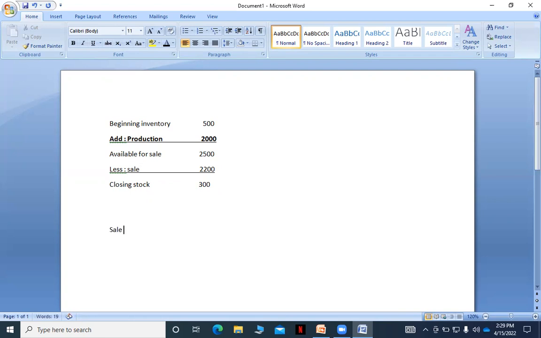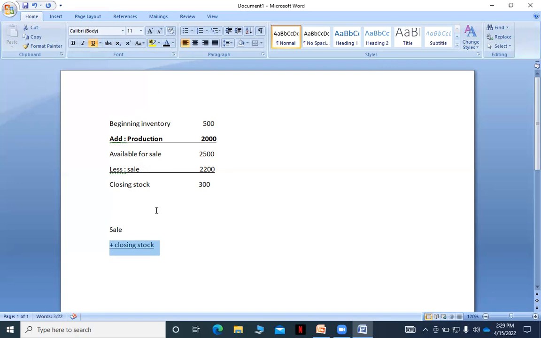Sale, this is our sale amount. Okay, sale plus closing stock, then we'll get the available unit for sale. Okay, available unit for sale, এই দুইটা থেকে আমরা পেয়ে যাব available unit for sale। এই জিনিসটাকে আমরা লিখতেছি,